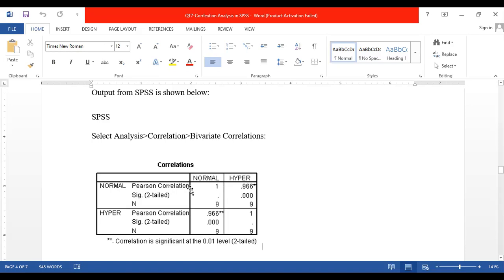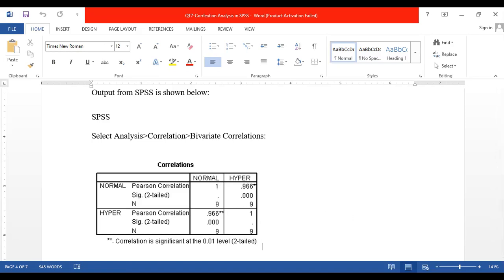Similarly, for our second, dependent variable, hyperventilating, the relationship with itself should be 1. This column also shows our independent variable, and the correlation between hyperventilating and itself must be 1. So both values should be 1.